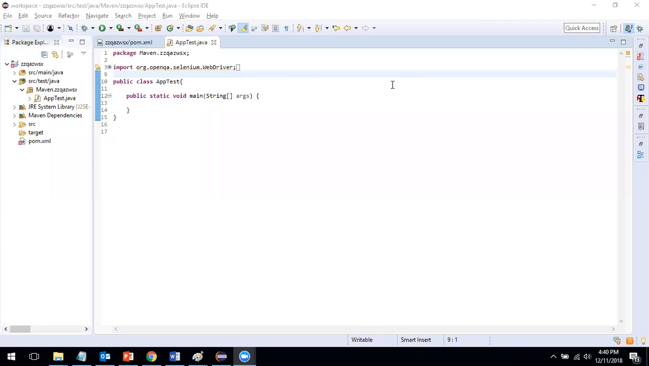Hello guys. So today we will be seeing about the WebDriverManager library. It is a library which manages all our binaries. I will explain what exactly it does. Suppose, in order to work with Selenium WebDriver,